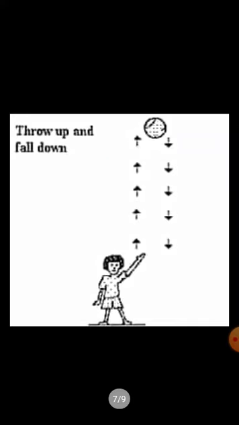Now, let us consider one more example where a ball is being thrown vertically upwards. We will observe that it reaches a certain height and then starts falling back. The velocity of the ball goes on decreasing. When it is moving up, the velocity goes on decreasing and it finally becomes 0 at a certain height. From this height, now the ball starts falling down.